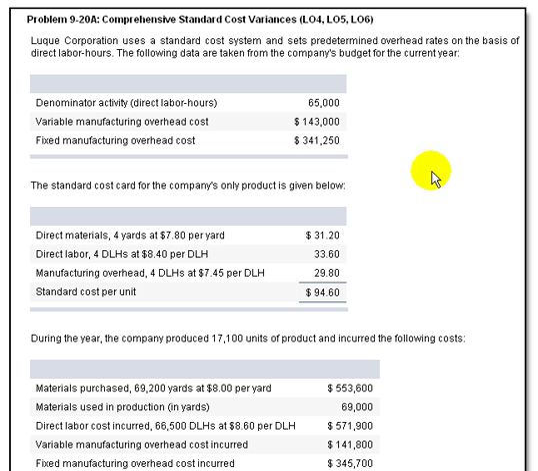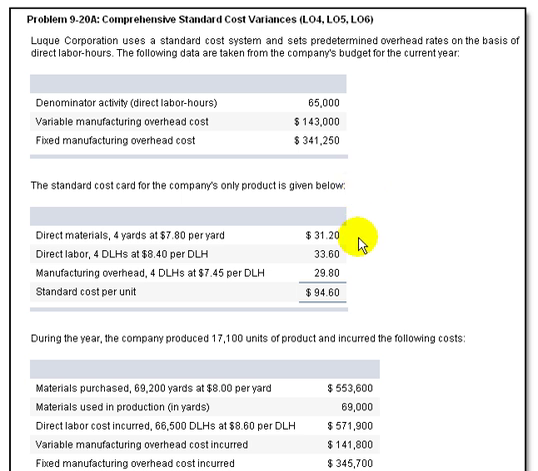And you see that we've got 65,000 of denominator activity. It looks like they're using direct labor hours for that. Variable manufacturing overhead costs are $143,000. Fixed manufacturing overhead costs are $341,250. And now, continuing with the reading of the problem, the standard cost card for the company's only product is